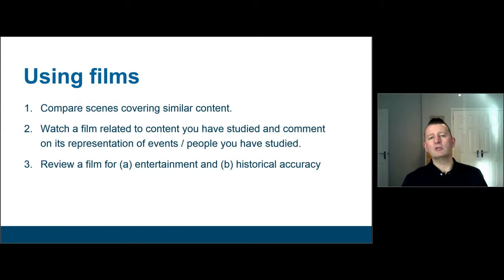And in the literature, you'll see that people refer to the different purposes of historical interpretations, and that's important in how we judge something. So it's important to recognise if you're making a Hollywood film, that's a different kind of thing from making an historical documentary, and that's already a different kind of thing from writing a serious academic textbook. So by asking children to review the film from the perspective of how entertaining was it, which is its primary purpose, and then secondly how historically accurate was it, we're both enabling them to use different lenses to judge the film,